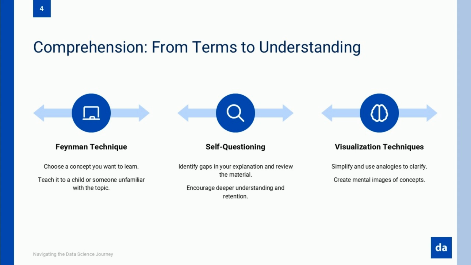For deepening your comprehension, visualization stands as one of the most powerful strategies. Our brains are wired to process visual information more efficiently than abstract concepts. Effective data visualizations can transform complex statistical relationships into intuitive insights, making them accessible not just to others but to yourself as well. When you can visualize how data points cluster or how a decision boundary separates classes, abstract mathematical concepts become concrete. Another powerful strategy involves using analogies to bridge the gap between the unfamiliar and the familiar.